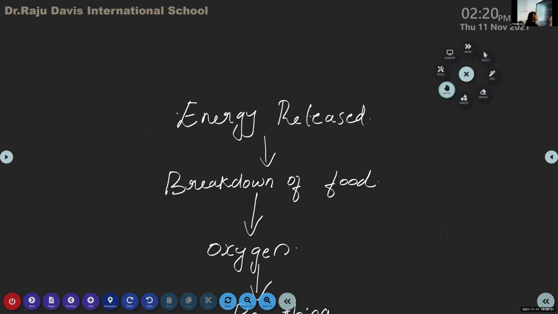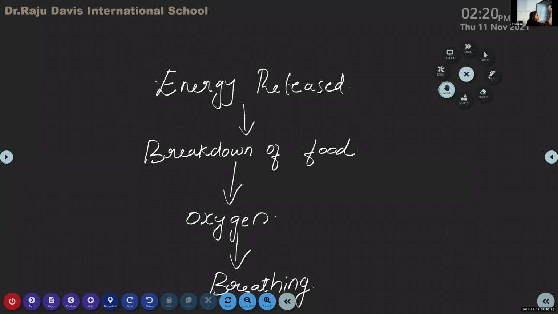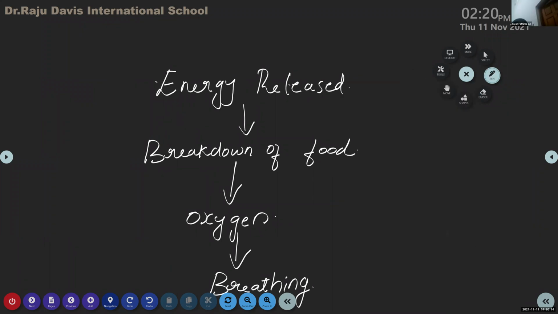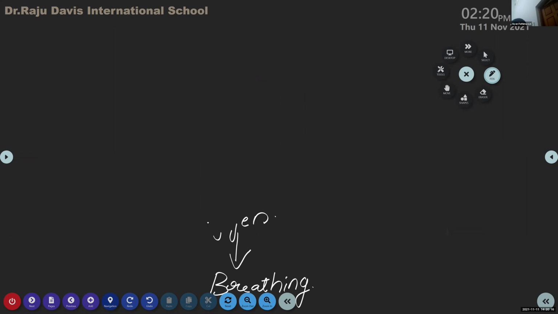And if the process of respiration takes place inside the cell, we can call it by another name. What is that? Cellular. Very good. Excellent, children. If respiration takes place within the cell of an organism, we can call it cellular respiration. So as its definition implies, cellular respiration takes place within the cells of an organism. Is it clear? Yes, ma'am. Okay. All right.